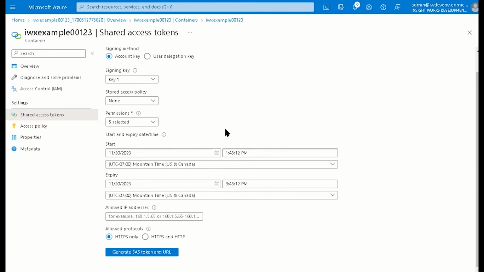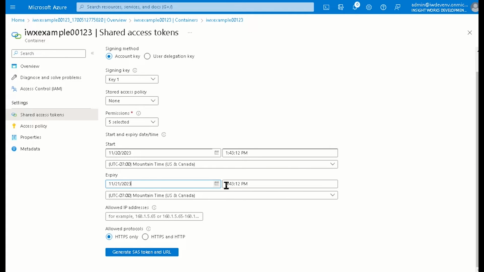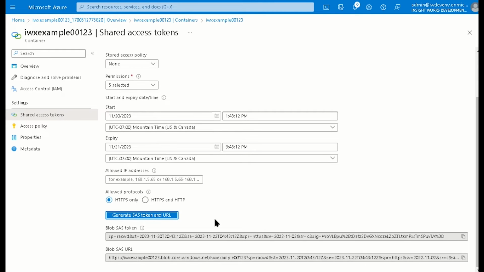All right. The start and end, these are going to be specific to the time range that you want to allow for this shared access signature. I'm going to set mine to expire for a few hours from now. And again, if you're following along, this token won't work for you. You're going to need to create your own token. All right. So I've generated an SAS token and URL, and we're just going to copy this token for later. So copy and paste this and just put it somewhere secure because we're going to be using it immediately in